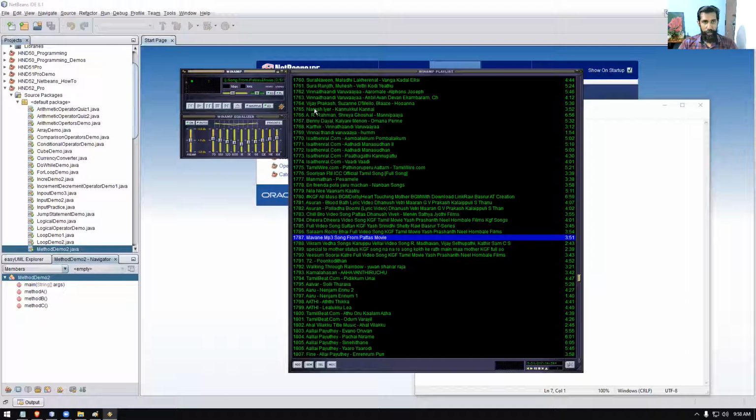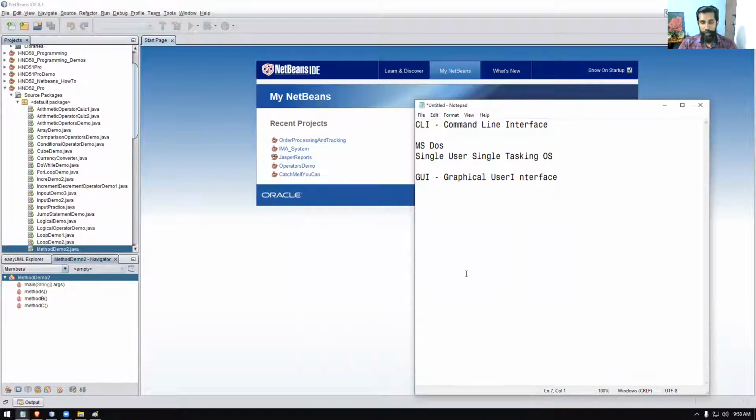I can double click a song, it'll play, or I can pause, I can play, I can go to the previous song, I can go to the next song, right? I can change the equalizer presets. Likewise, I can do, right? So minimize, maximize, every option is there, right? So that's what it does. So we will close this program. So we're going to build a program now in GUI mode.